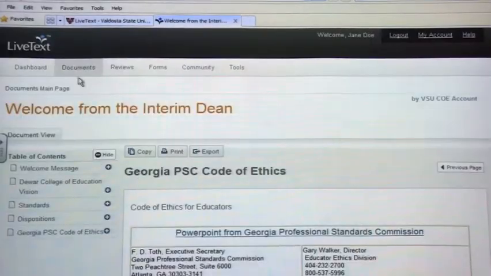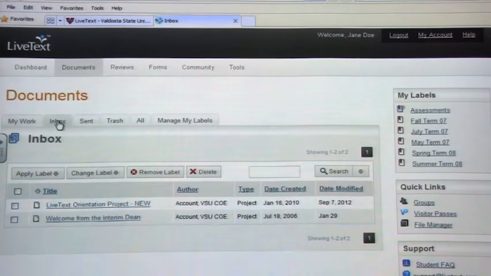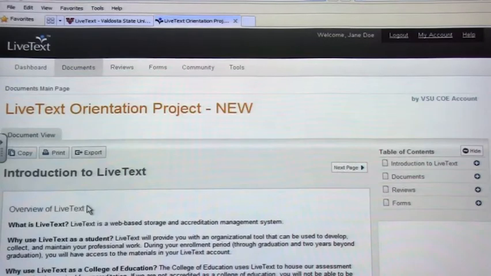Now, if you'll click back on your Documents tab, and then the Inbox, and click on LiveText Orientation Project New. As you see, this document has also been shared with you by the VSU COE account. When someone shares a document with you in LiveText, they are essentially giving you permission to use it. But before you can make any changes to a document, you first must make the document your own by making a copy of it. So click on the Copy button,